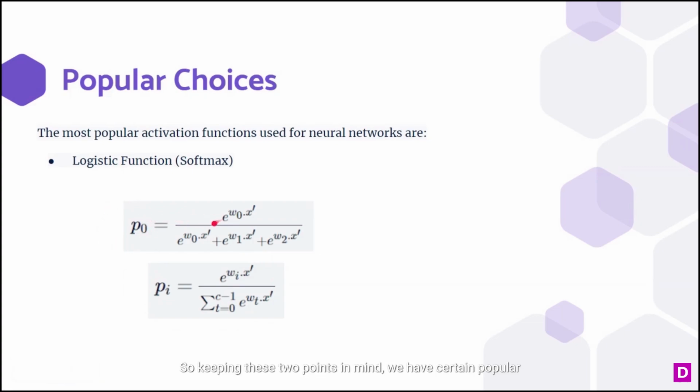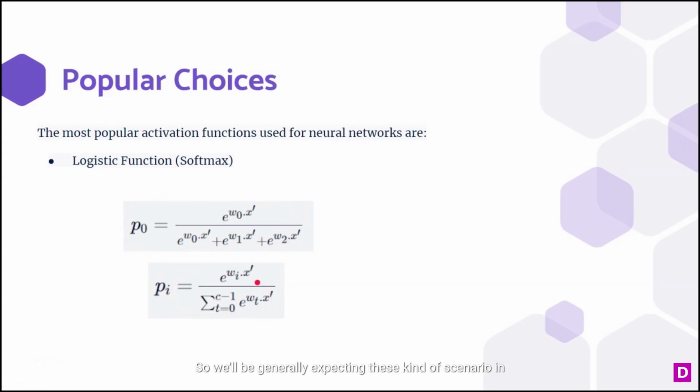So, keeping these 2 points in mind, we have certain popular choices for activation functions. The number one choice, the most popular activation function used for neural networks, is the logistic function, that is softmax. We already studied this equation in the previous sessions, right? This logistic or softmax function is generally applicable to the task of multi-class classification,